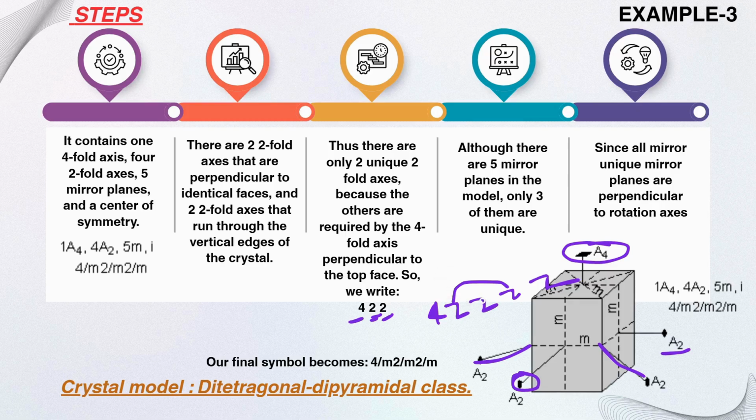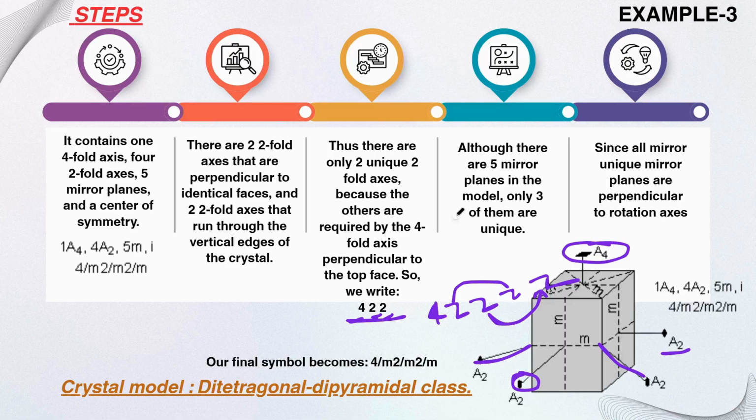Similarly these two, passing from edge to edge, are unique. Hence it is 4 2 2, and we have to find whether